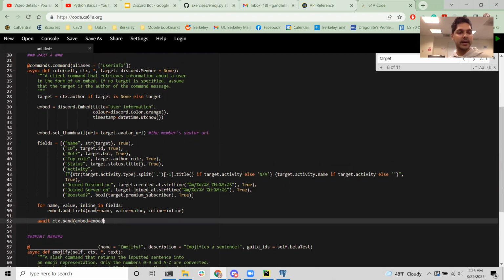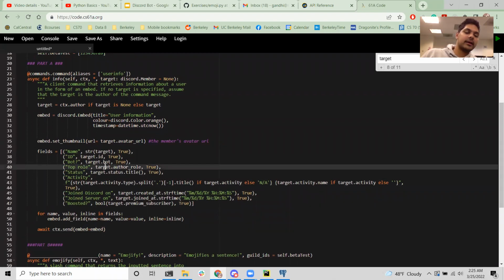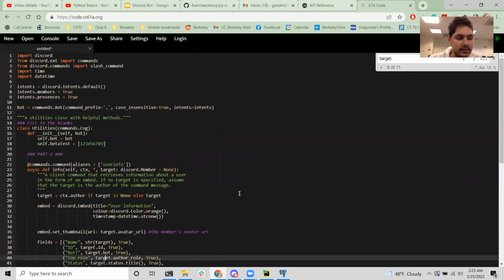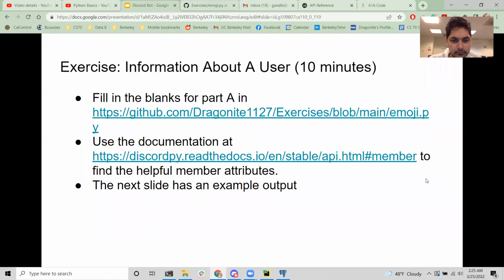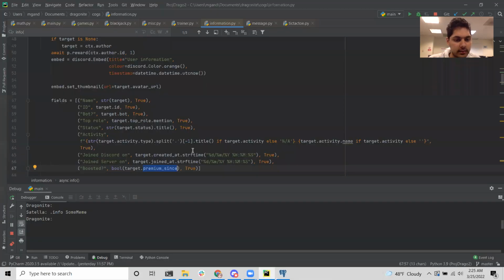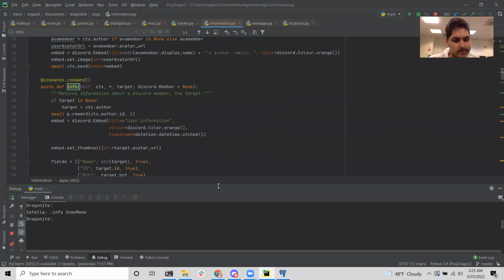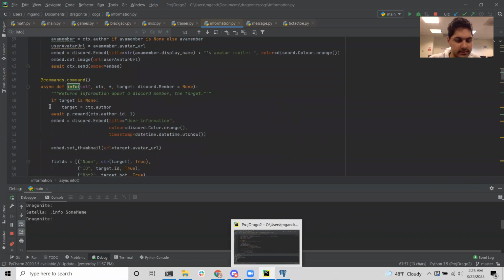So yeah, this wasn't that bad. It was mainly just understanding the documentation and understanding where to find these attributes. That's the main point of this exercise. The Mojify is the next exercise that I'll go through. Yeah, that was the answer. Yeah, that's right. Oh, this is the other way to do it.